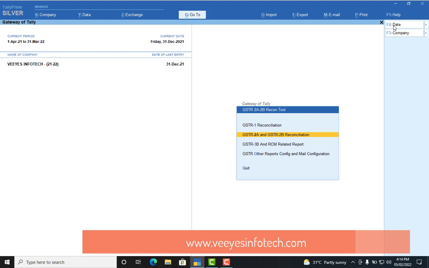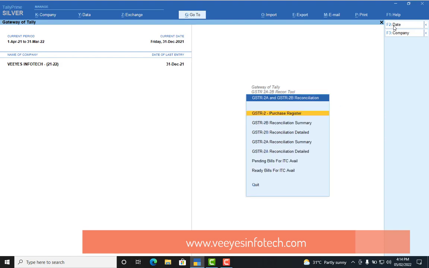Which one will the government take? The government will take only the 7 lakh. As per your book, it is not considered by the government. So that's why you can reconcile which party has not properly filed the GSTR2B, that means your supplier details. So how to do that? You have already seen it, but again I will tell you.